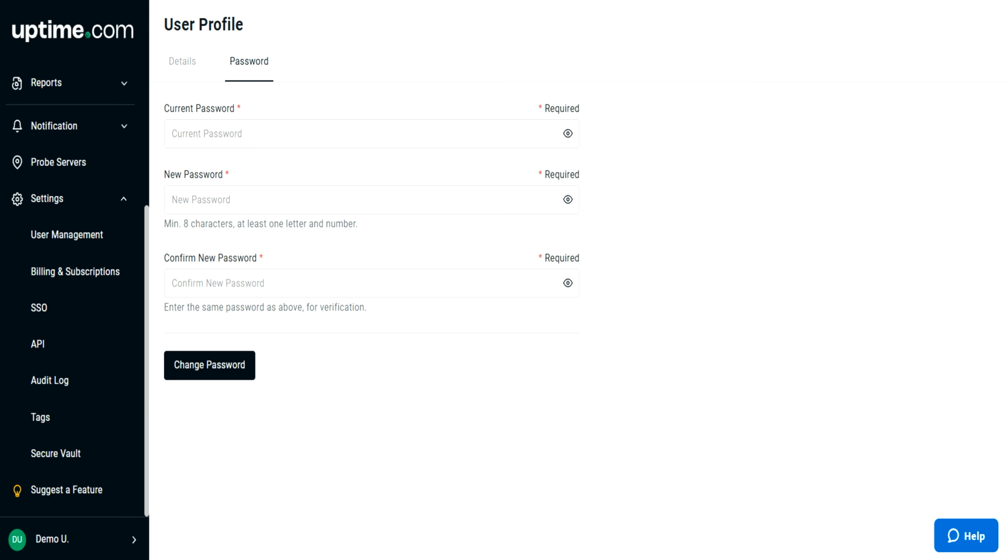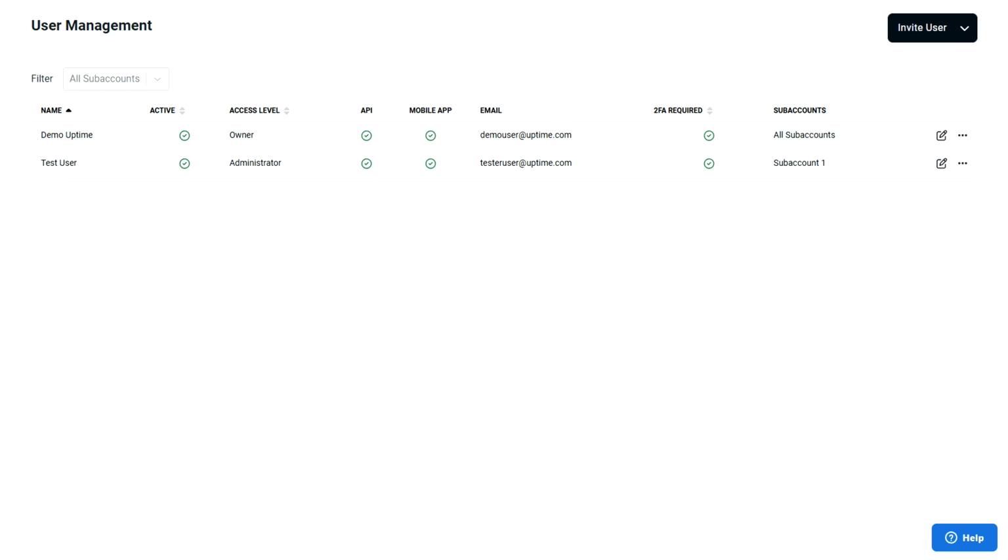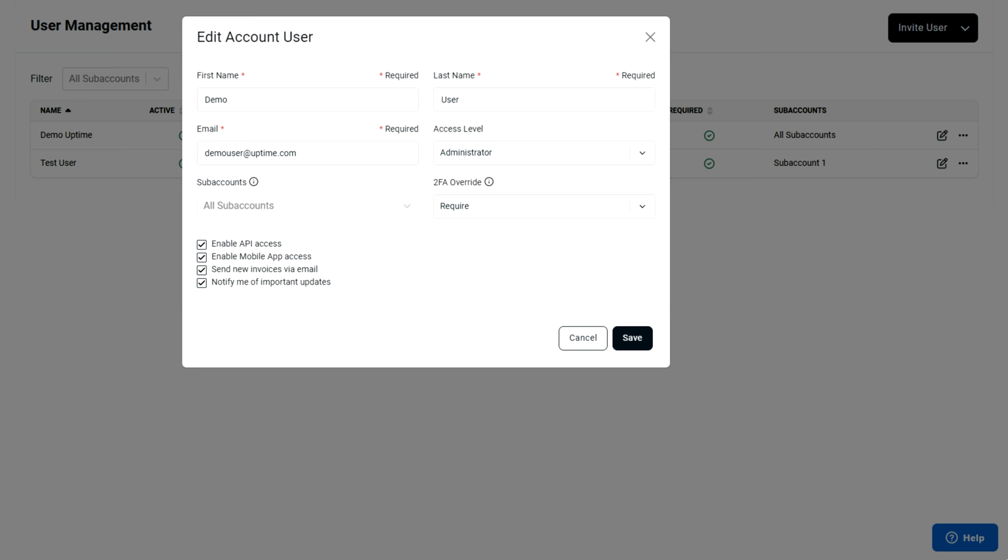Next, we will discuss the user section. If you navigate within the Uptime UI to Settings, User Management, you will be brought to the User Management page. By selecting the Invite User button, you can easily create a new user and pull up the data by exporting it to CSV. The Edit option allows you to change the user information such as first and last names, email